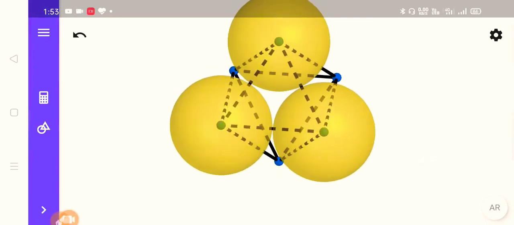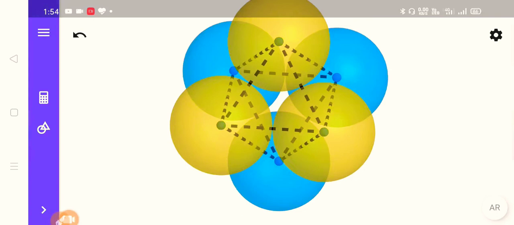So these 3 from the first layer create a triangle, and similarly 3 from the bottom layer will also create a triangle, but the direction of the second triangle will be opposite from the first triangle, like this.